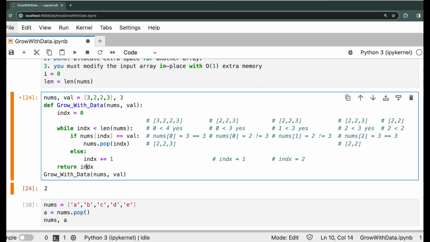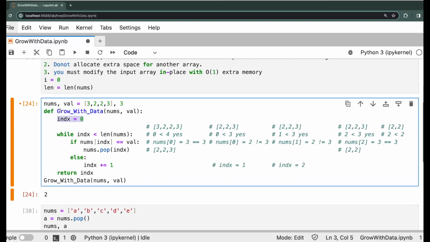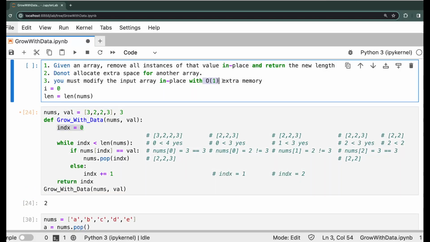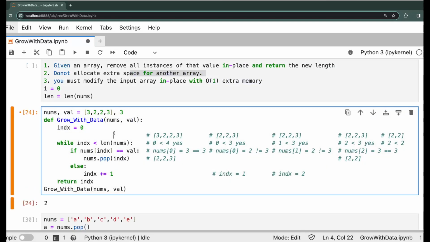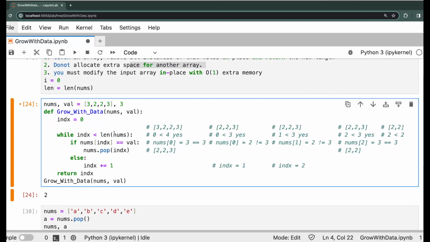It comes here and the index is going to be 2, right. So, the 2 is the index value, it returns that value. So, here we are not using any list variable, we have only one index, which satisfies O of 1 extra memory, and there is no array declared by us, right. So, it is a simple